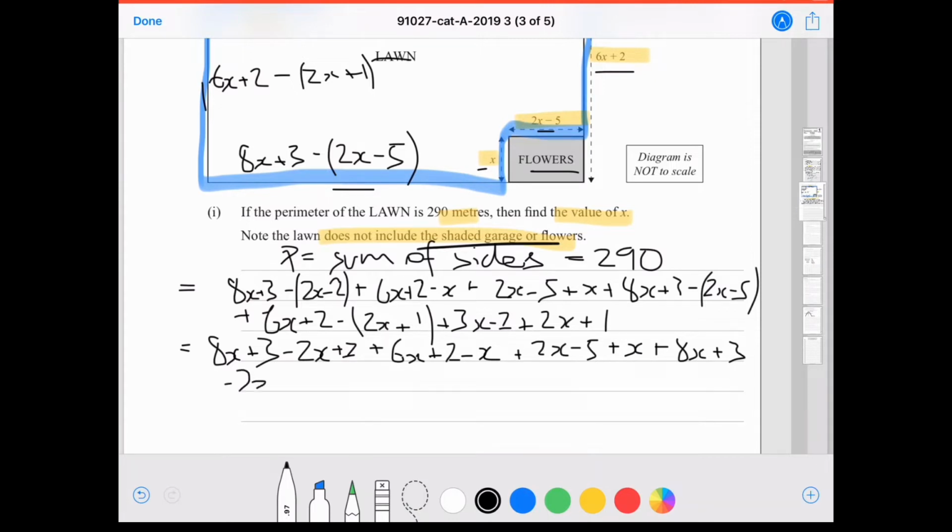and then minus 2x, we're looking here, minus 2x plus 5, now to the second row, plus 6x plus 2, and now expanding this bracket, minus 2x minus 1, plus 3x minus 2 plus 2x plus 1. Okay, and now we can